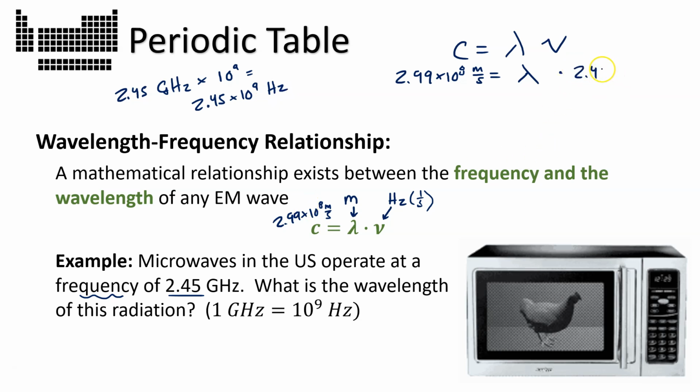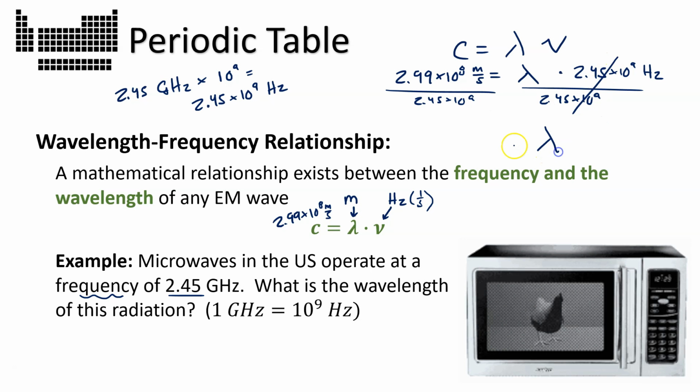The point is, if I plug that in, 2.45 times 10 to the 9th hertz, and I do some simple algebra here, since this is just multiplication, I'll divide both sides by that 2.45 times 10 to the 9th. It's going to cancel it off here and leave me with wavelength equals 0.122 is the answer my calculator gives me. And the units on that, remember wavelength, as long as you've done the other units correctly, will be in meters. So about a tenth of a meter is the length of the wave that is going through your food to heat it up inside the typical United States microwave.